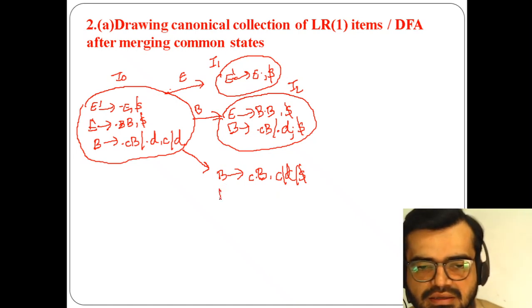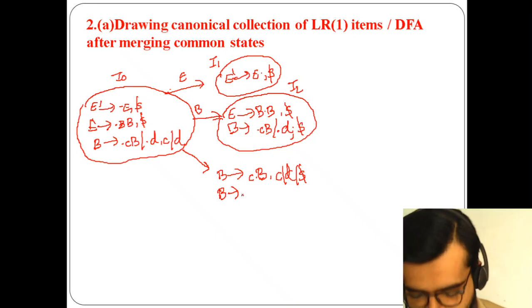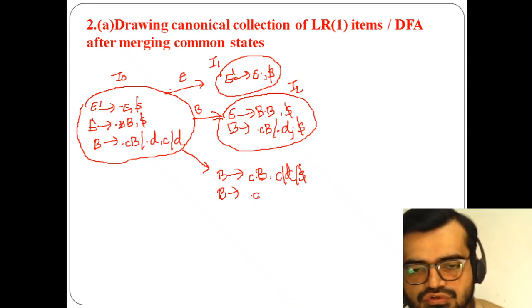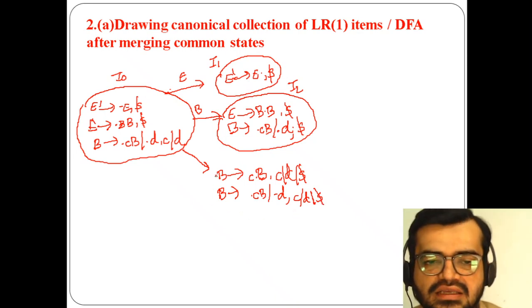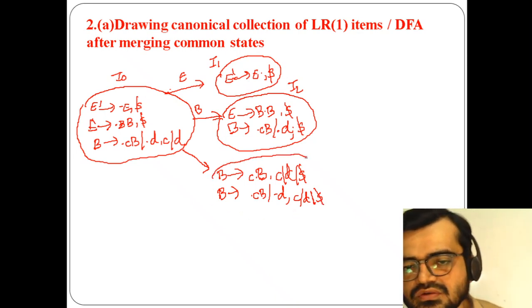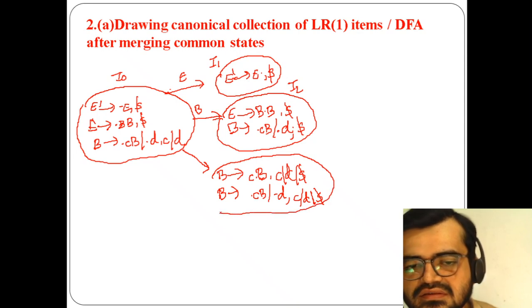So here B of dot small c capital B dot, C or D or dollar. So I'm taking the merged state here, which is I36.